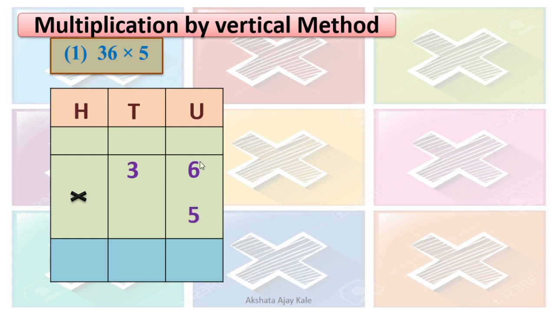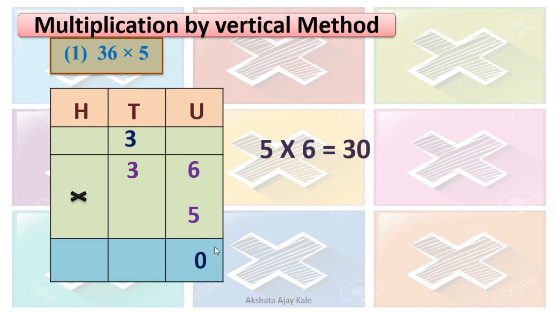Okay. Now first what we are going to do? The numbers from the unit place we are going to multiply. That is 5 6s are how much? 30. Correct? 30 we will write in the unit place. Is it okay? No, right? This 3 will move to the tens place. That is carried over to the tens place. You know that in addition also the same procedure we followed about carrying over. Correct? So here 30 we got. So 0 will remain here, and 3 is carried over to the tens place.